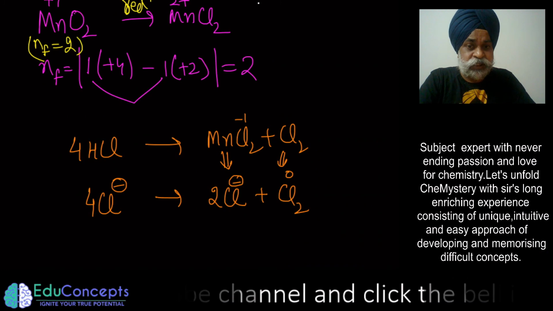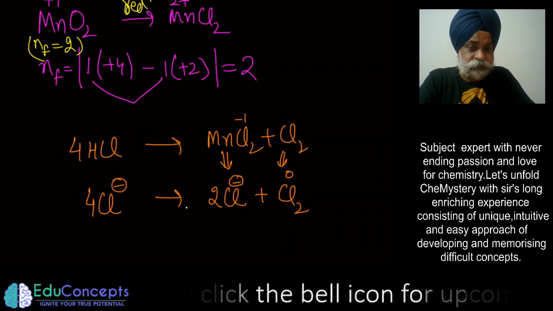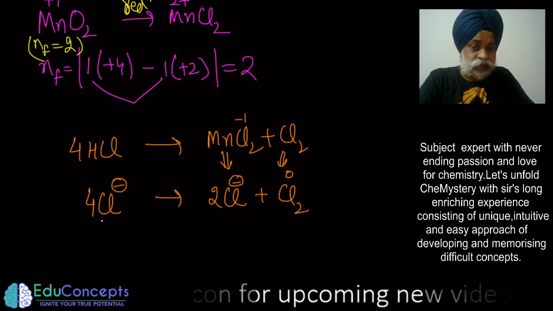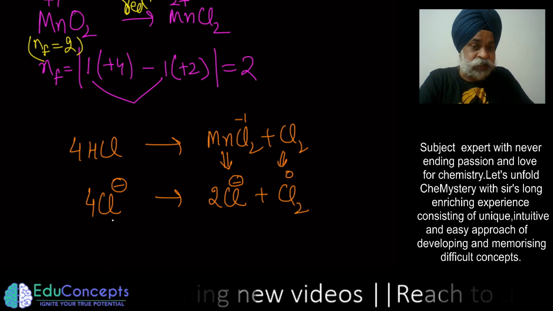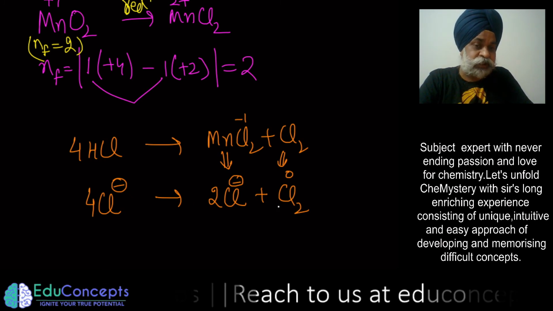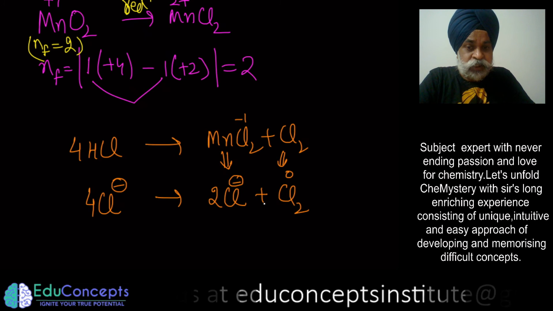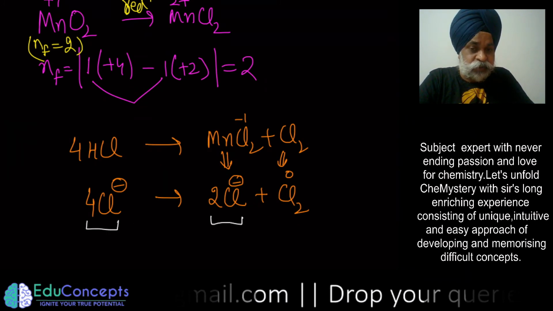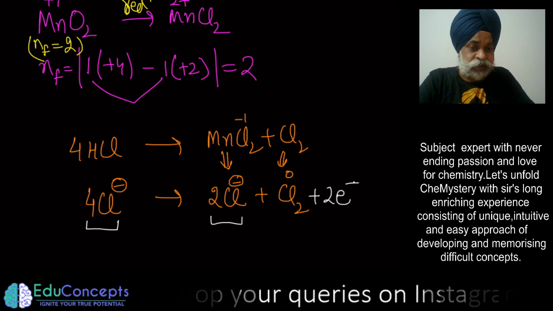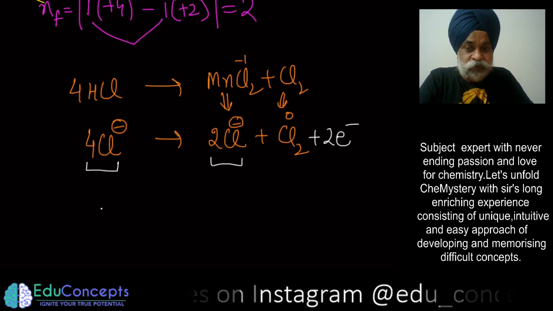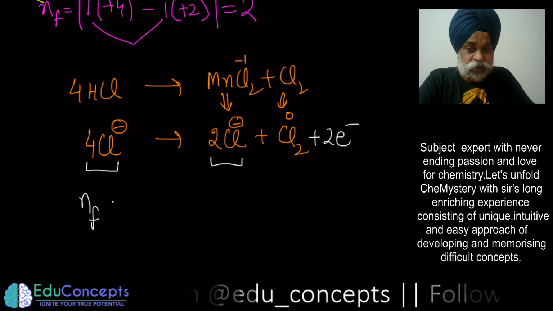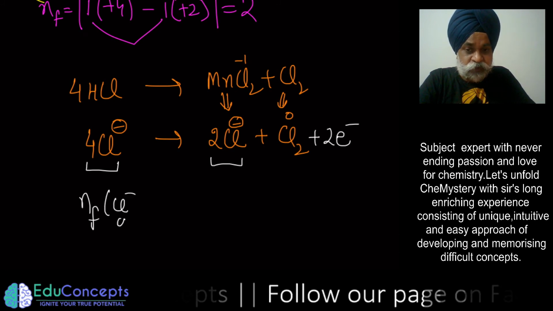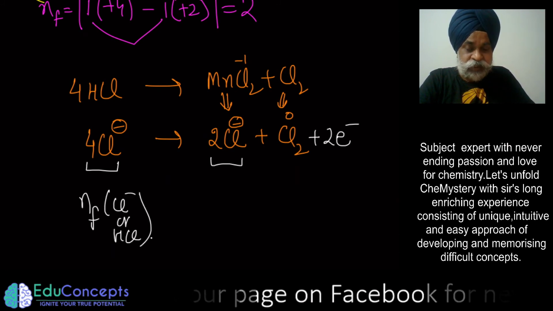So out of the 4 chlorine atoms, only 2 chloride ions underwent change in oxidation state and have oxidized. So how to balance it? Because you have 4 negative here, 2 negative here, so I just put 2 electrons here, so it got balanced. So I would say now the n factor of Cl negative, or for that matter Cl negative that came from HCl,